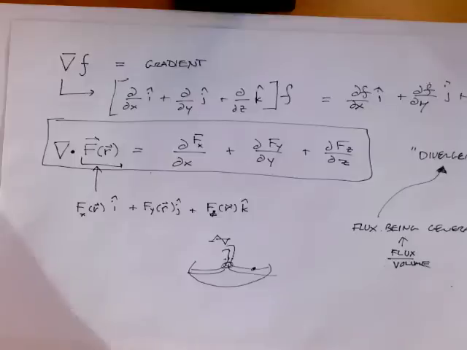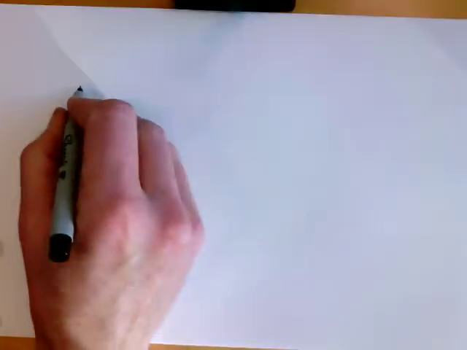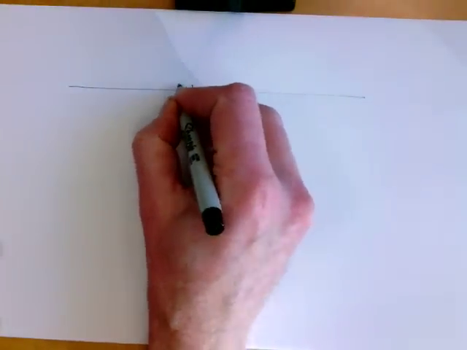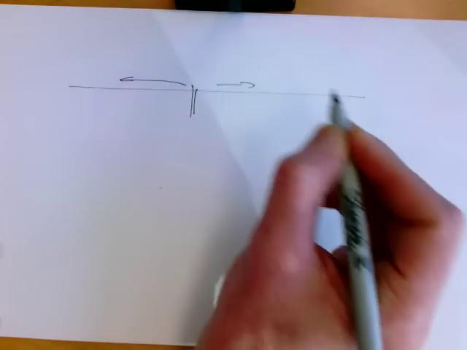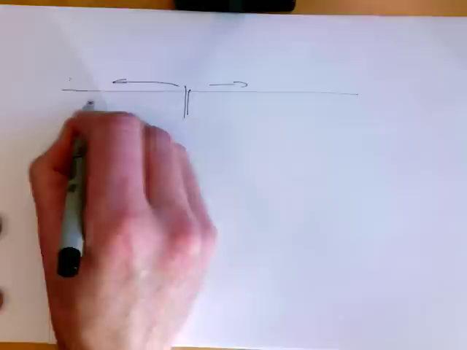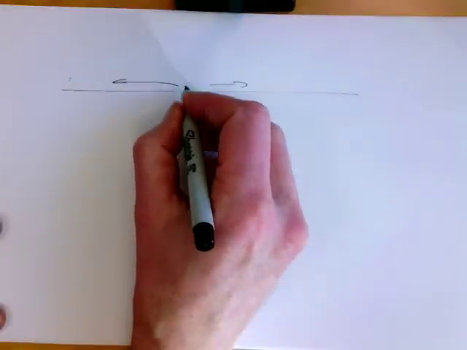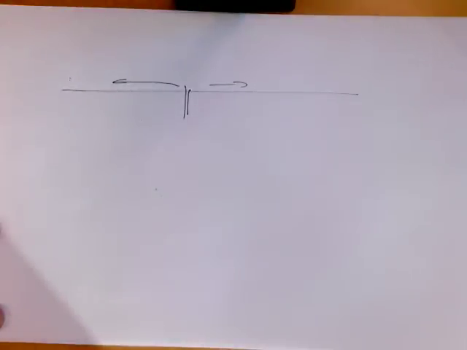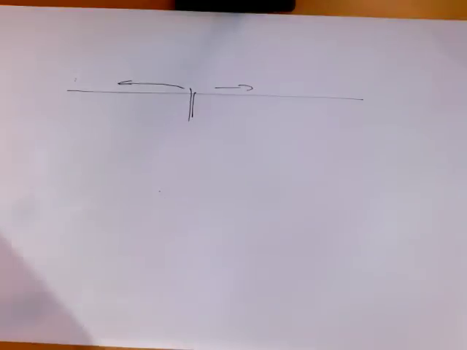Let me try giving a different example, because I made a bunch of assumptions. I want to give a very similar example, but slightly different. Let's imagine I'm looking at the Earth from the side on, and I've got a spring. This spring is bubbling up water, and that water is spreading over the surface. If I confine myself to this two-dimensional surface, I could think about this spring as a source for water. That's actually a point where water is being generated.